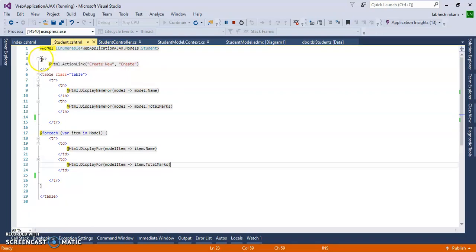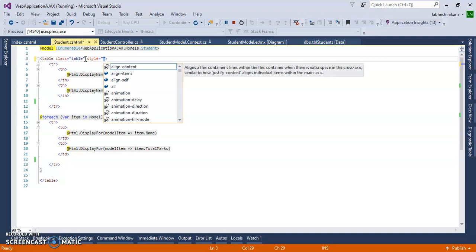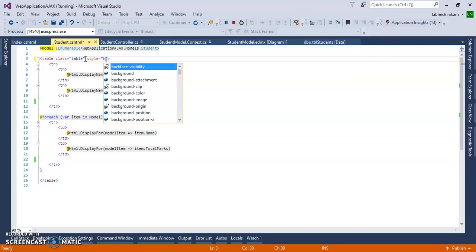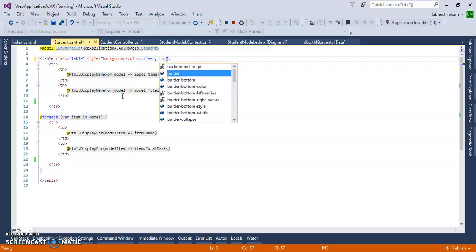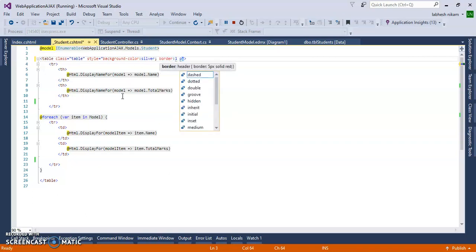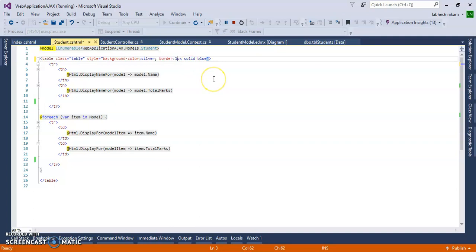We'll add here a style: background color silver, and border 1px solid blue.